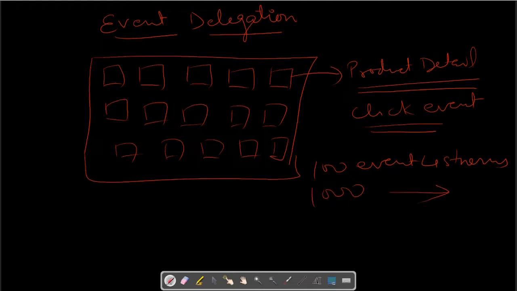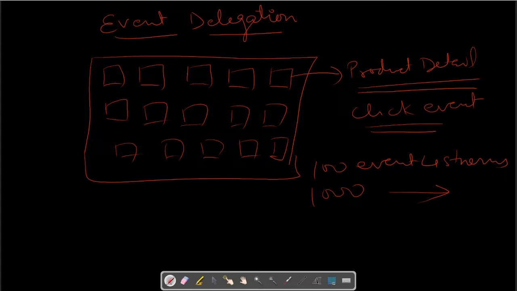So this is not the efficient way to do that, because JavaScript is a single threaded language, right? This type of coding or this type of source code is not maintainable. So if you want to change the behavior of the on click event for all the products, then you need to go and update the same thing in all the 100 or 1,000 event listeners. So how can we solve this problem?